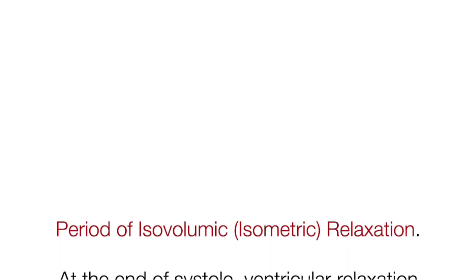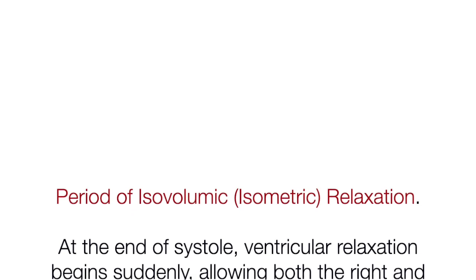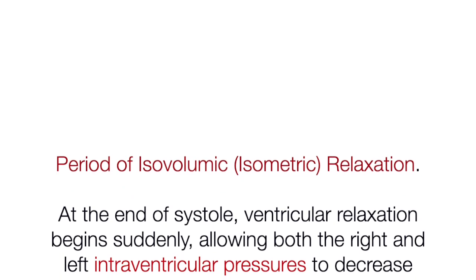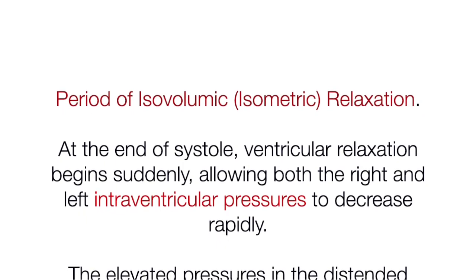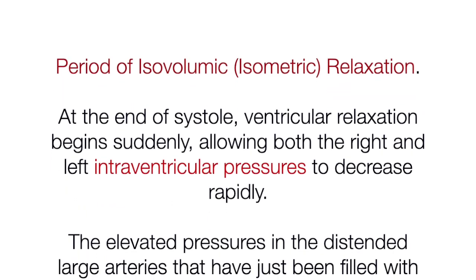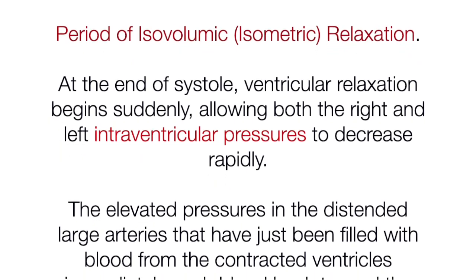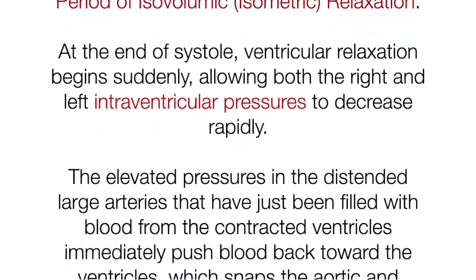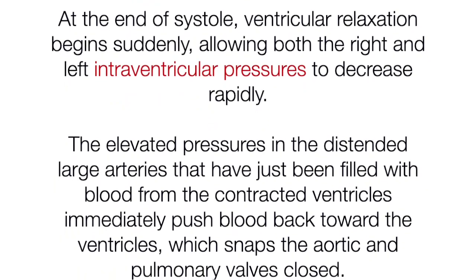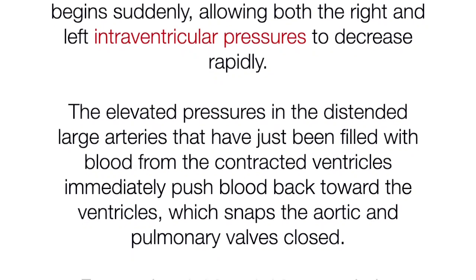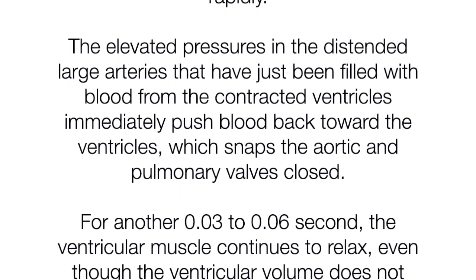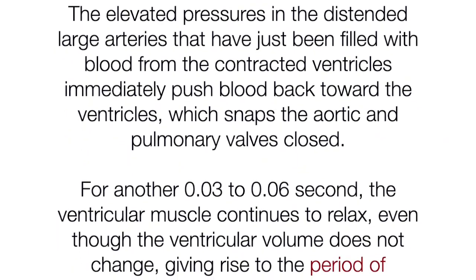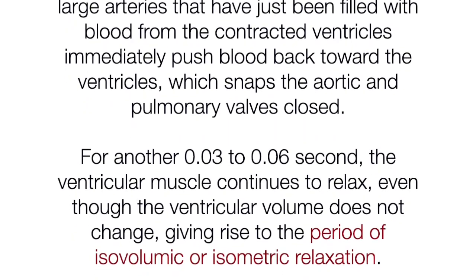Period of isovolumic, that is isometric relaxation. At the end of systole, ventricular relaxation begins suddenly, allowing both the right and left intraventricular pressures to decrease rapidly. The elevated pressures in the distended large arteries that have just been filled with blood from the contracted ventricles immediately push blood back toward the ventricles, which snaps the aortic and pulmonary valves closed. For another 0.03 to 0.06 second, the ventricular muscles continue to relax even though the ventricular volume does not change,